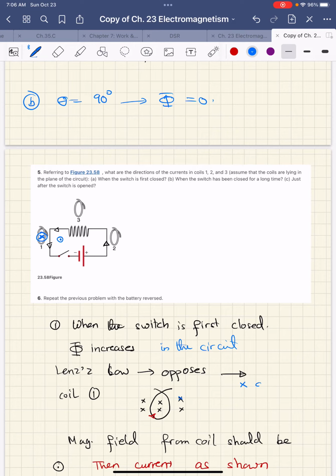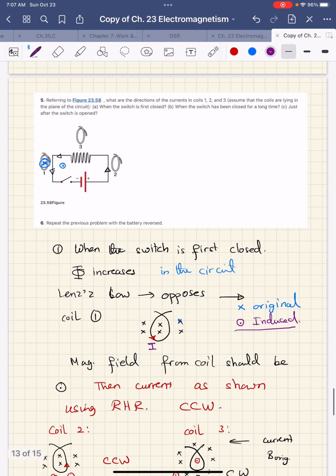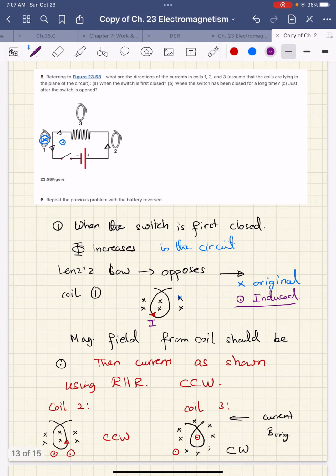Then this one is going to be the original, therefore the induced should be this, which means it's out of the page. And then if you use the right-hand rule, you're going to find that the current should be in this direction in order to produce an induced field in this direction. Now for coil number 2, the magnetic field from the coil should be, then currents are shown, by the right-hand rule, counterclockwise. Now for coil number 3,